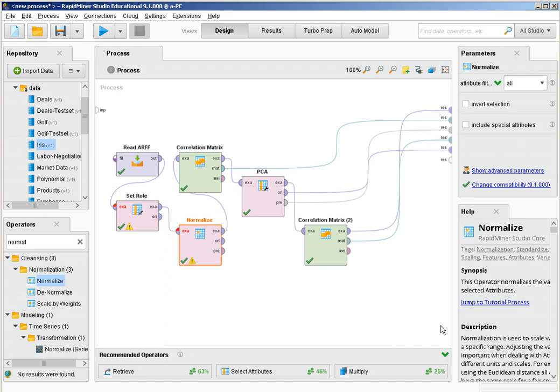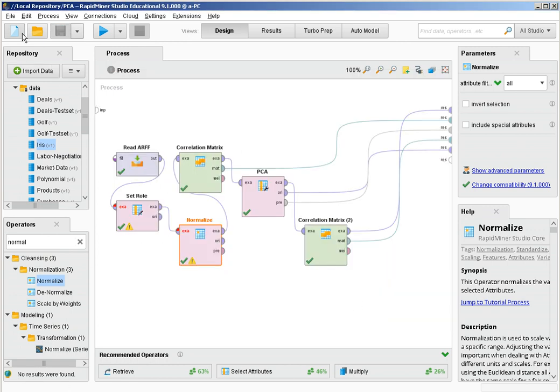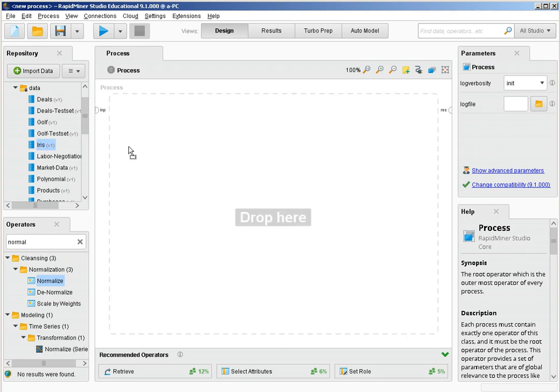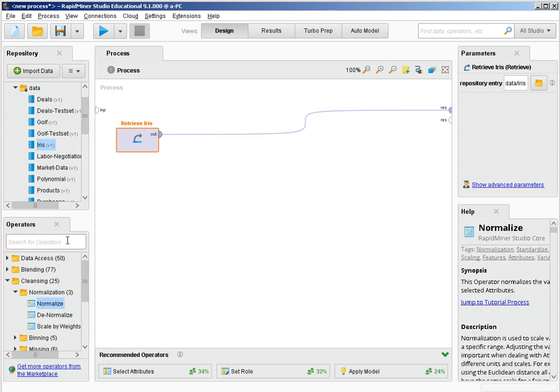You may want to save this setup at this point. Well, I'm going to save it just to reflect how this is doing. Save process, and I'm going to call the process PCA. I'm going to start with a new blank process. I'm going to drag again the iris dataset, and we're going to apply some other feature transformations that we cover in the theoretical sessions. For example,